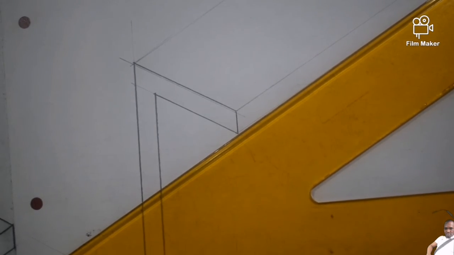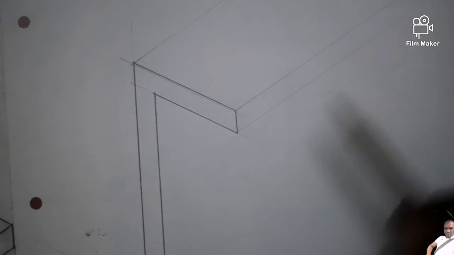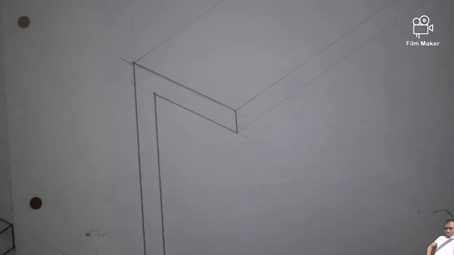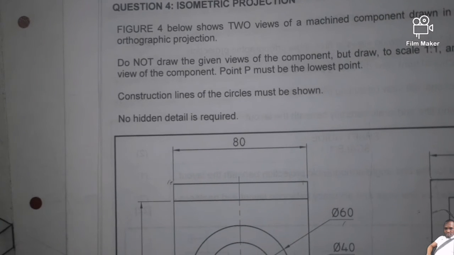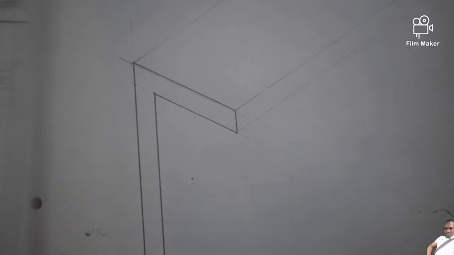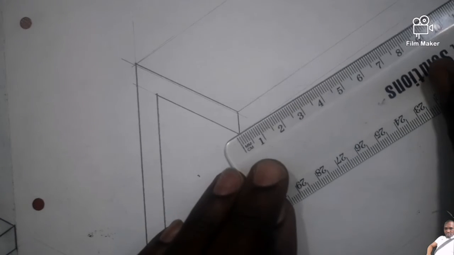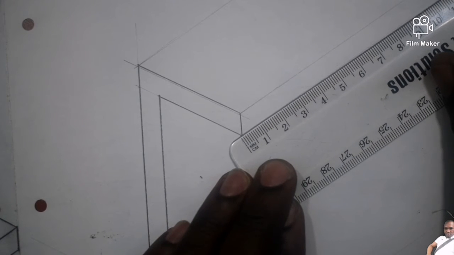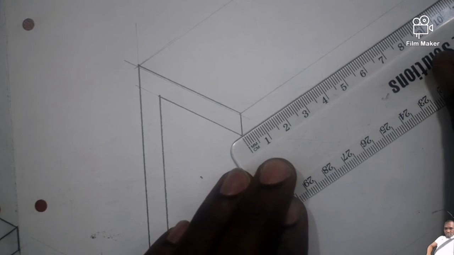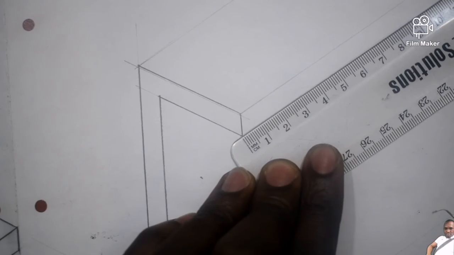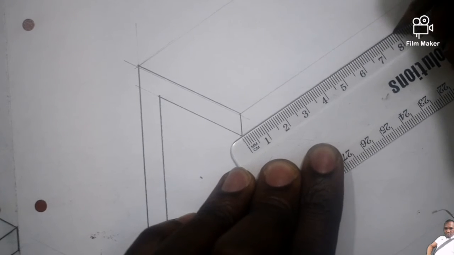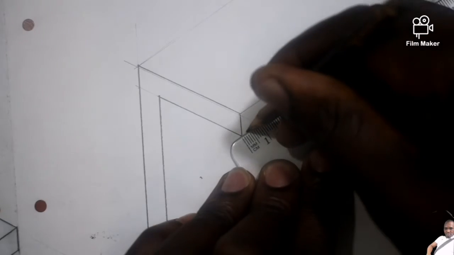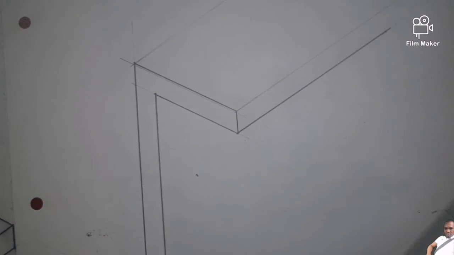Right, so do you see that now I'm going towards my front view? So that's when I can come to my front view and record the dimension of 80mm. So from here it's 80mm. So my 80 there is my 80 ending. So from there till right there I can draw it dark,